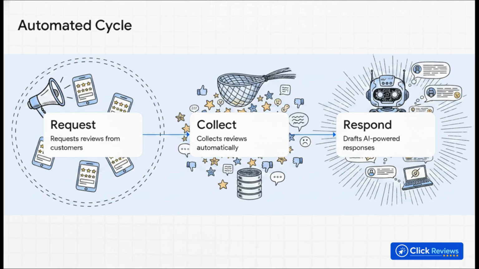Step 1, it reaches out and requests the reviews. Step 2, it automatically collects them. But Step 3 is where this 2026 tech absolutely shines. It drafts AI-powered responses. The source notes that, unlike those super clunky bots from a few years back, this Claude Sonnet-powered tool actually drafts genuinely personalized responses. It adjusts its tone based on the star rating, and it literally references specific details from the customer's actual review